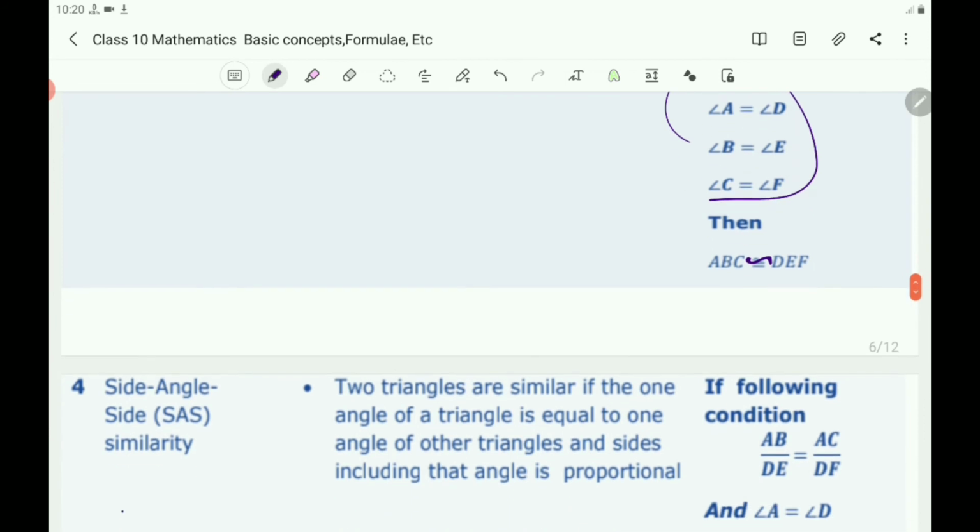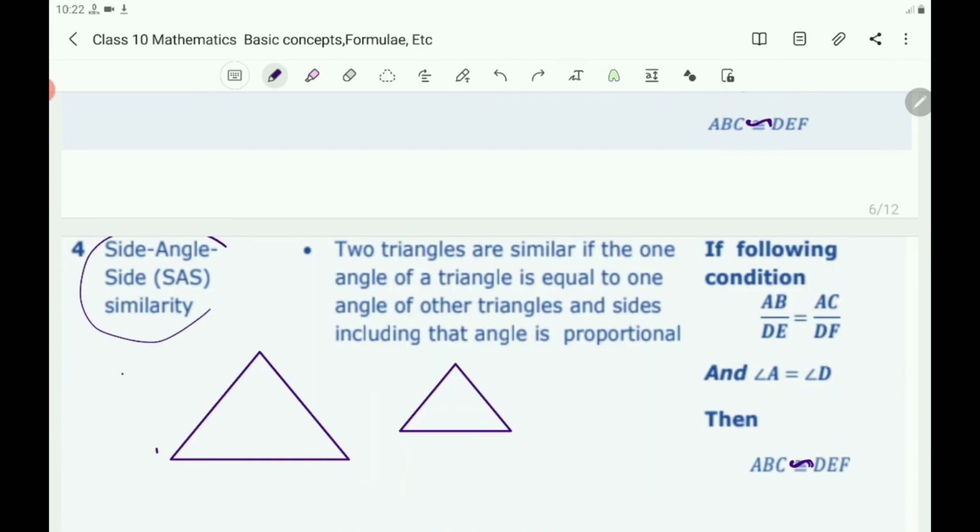Now about the SAS similarity criterion. Two triangles are similar if one angle of a triangle is equal to an angle of the other triangle and the sides included are proportional. So if you take